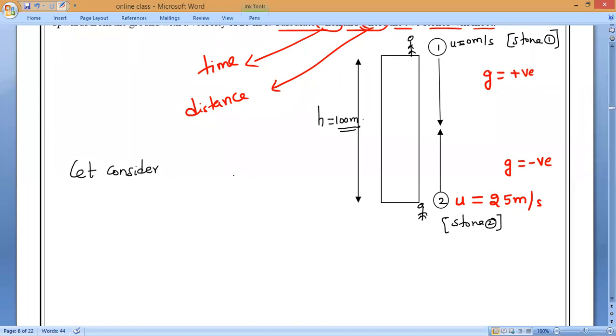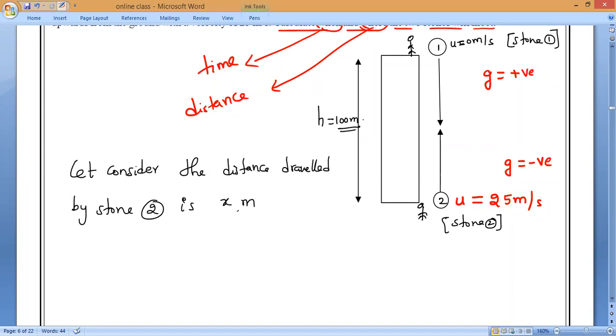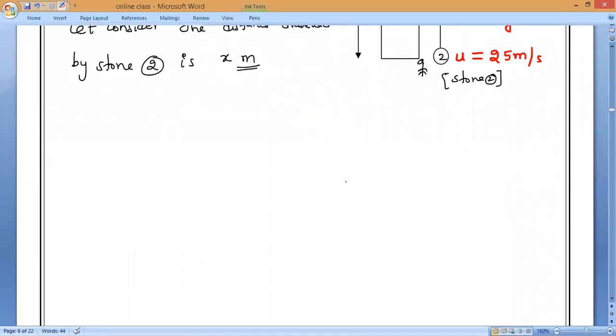Now, let us consider the distance traveled by stone 2. Stone 2 has traveled x meters. How much, guys? How much, everybody? X meters. So I am assuming it as x. Now you tell me, if the total distance is 100, for example,